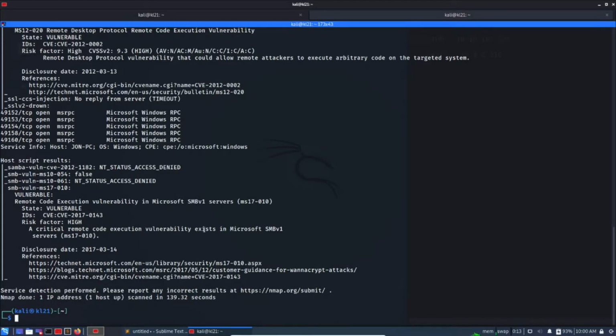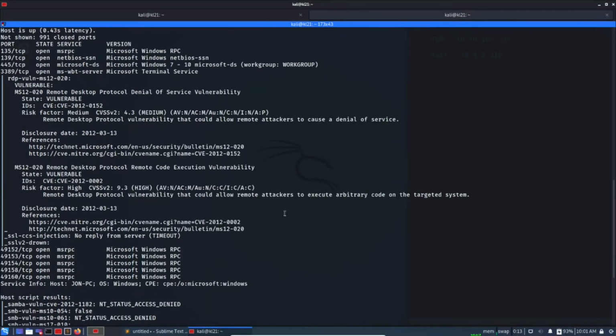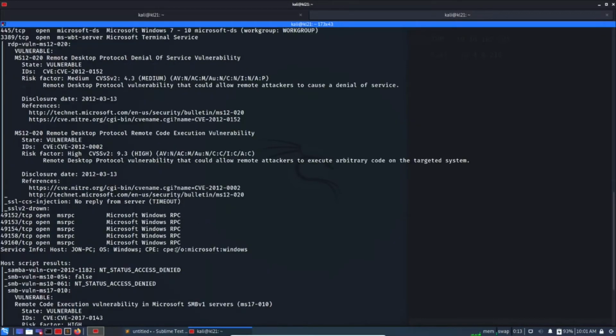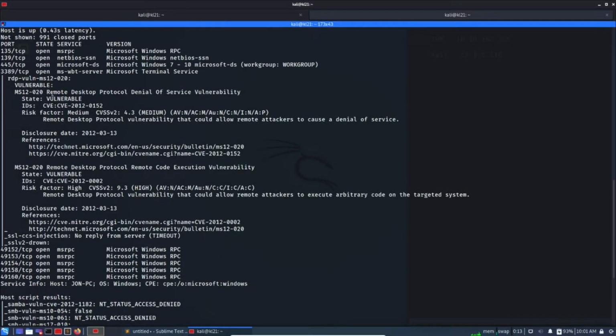So it is showing two vulnerabilities. Number one is this MS17-010. This is related to SMBv1. Okay, and these are some basic information regarding this vulnerability, and couple of things are also listed here. Like another vulnerability is RDP denial of service vulnerability. So